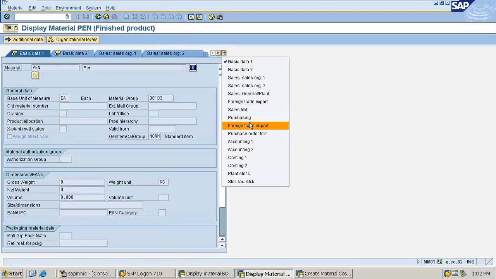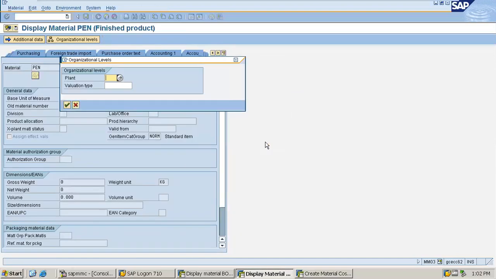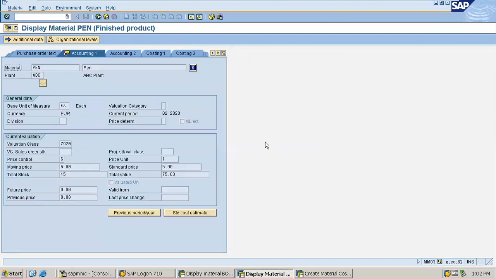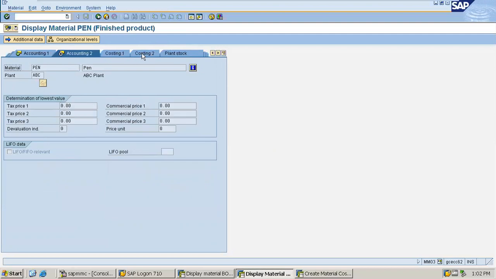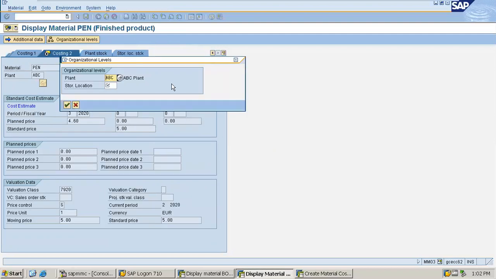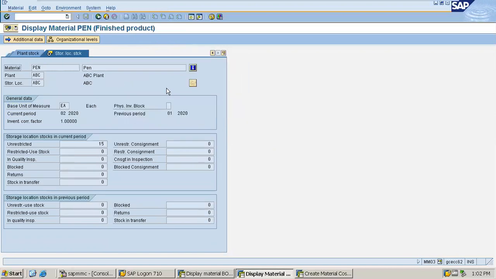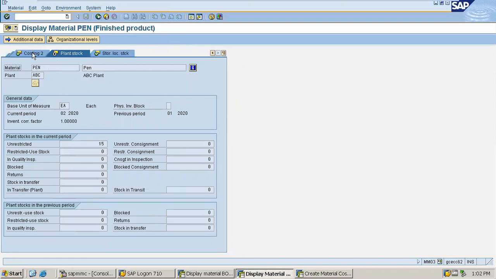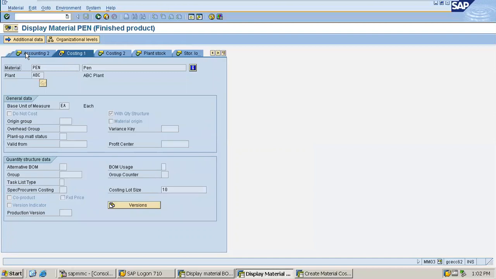Now going to the accounting 1 once again, ABC. Costing, accounting 2, costing 2, costing 1. Storage location is ABC. Plant stock, costing 2, costing 1.